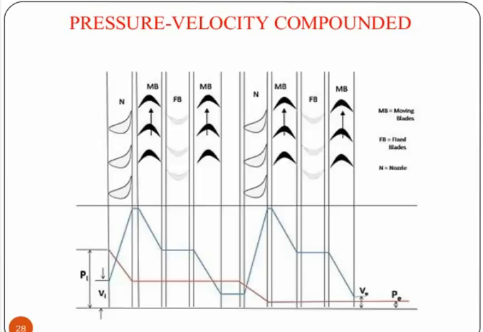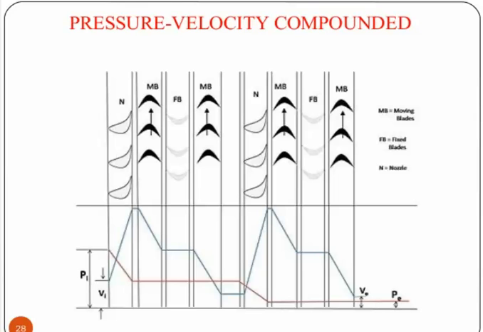You can see by the help of the diagram shown in the figure that MB is the moving blade and SB is the fixed blade, where N is the nozzle. At every nozzle the velocity will remain the same and the pressure will get dropped. The pressure remains constant at the moving blade and the velocity will differ at every end or get decreased. It is a combination of